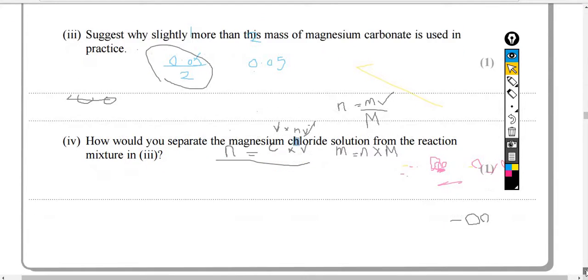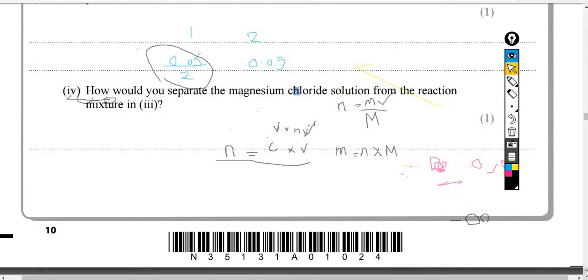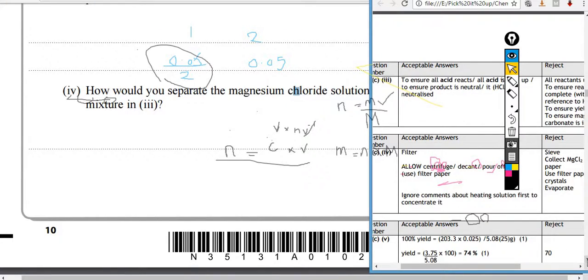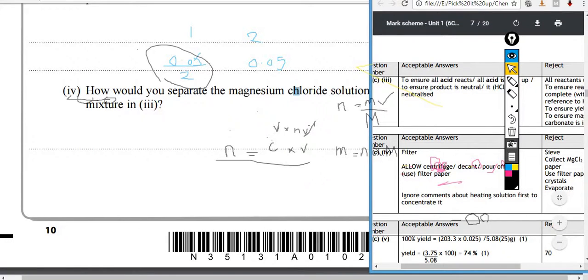Okay, so in the fifth one, how would you separate magnesium chloride solution from the reaction mixture? If you have unreacted impurities or anything, you just go ahead and filter. This is one of the simplest separation methods that you learn. You can filter